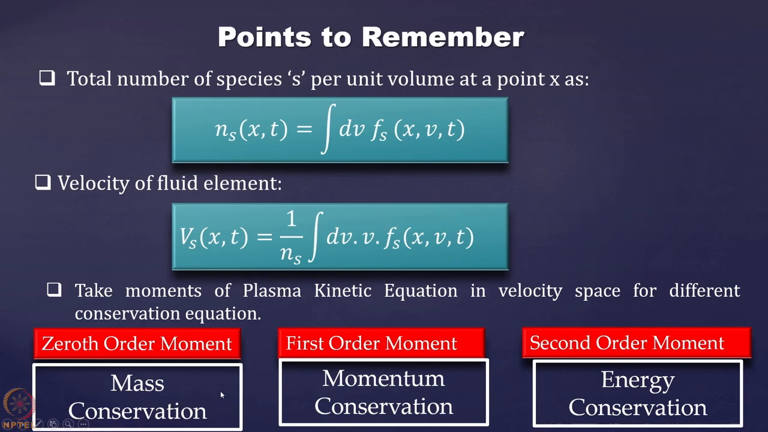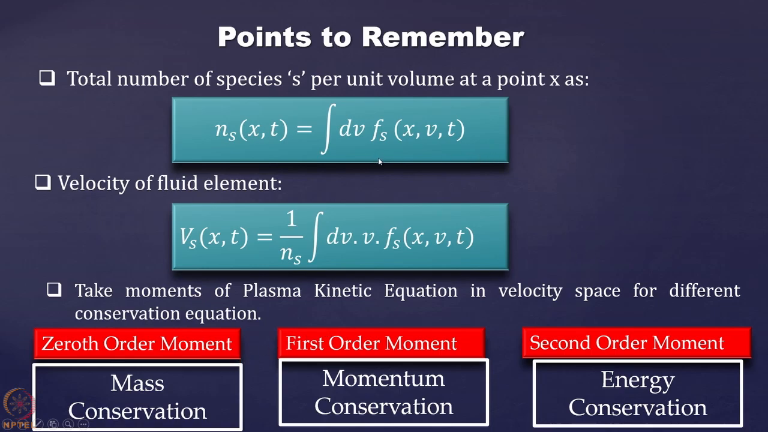and the first order moment we will get the momentum conservation equation, and the second order moment we will get the energy conservation equation. So at present we are at the zeroth order moment, and we are trying to get the mass conservation